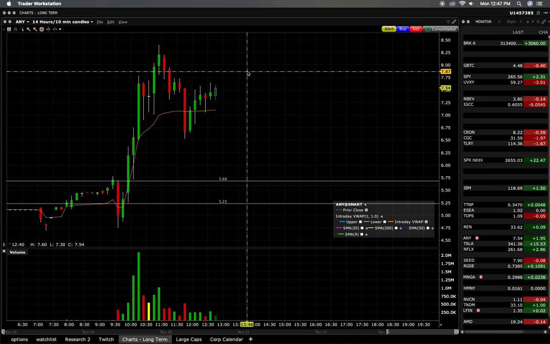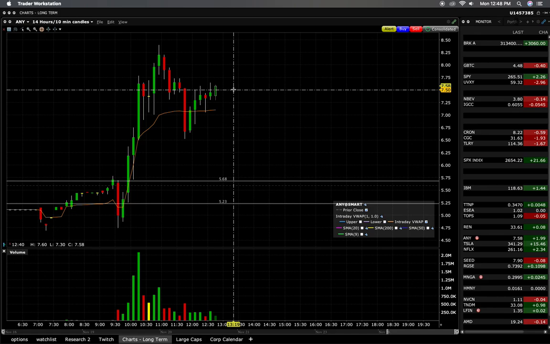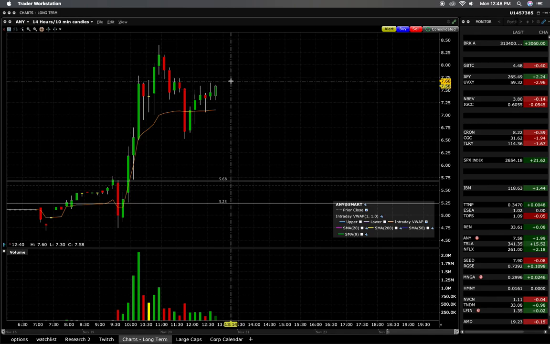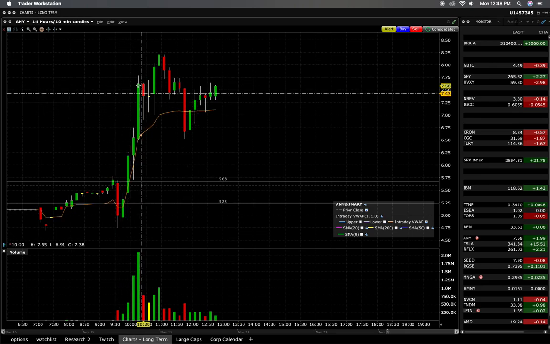I can try to do another video on it to explain it a little bit better. Some other ideas that I have with float rotation. But overall, float rotation can be an extremely bullish signal or it could be an extremely bearish signal, right? If I am looking to short a stock that gaps up and they have a shelf on the table that they are able to tap into, and there's tons and tons of volume pumping,